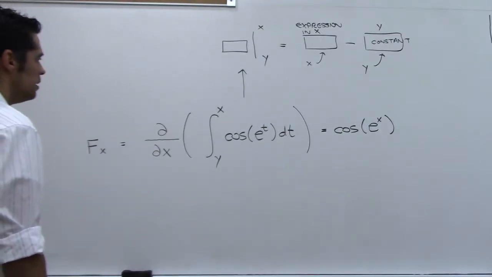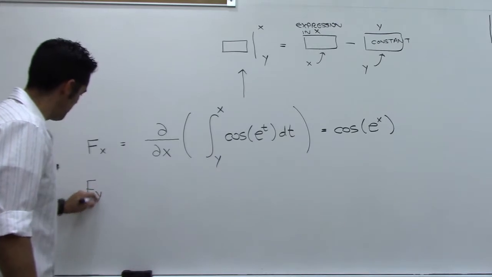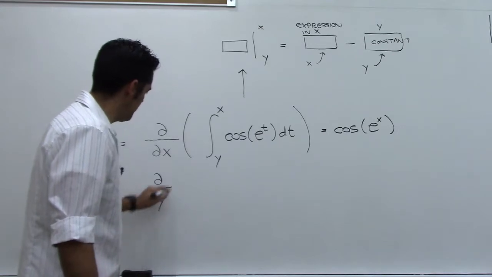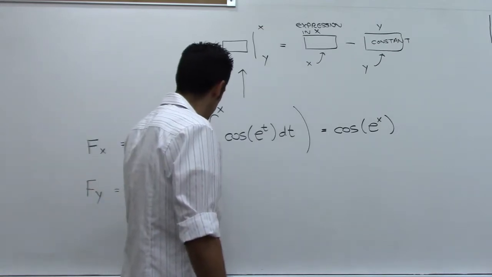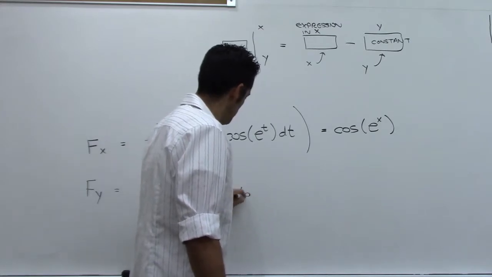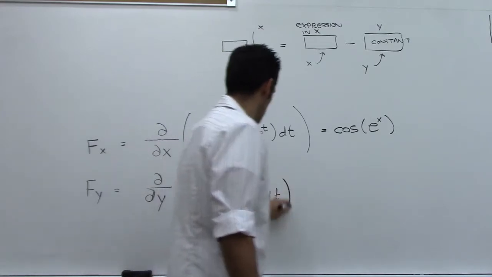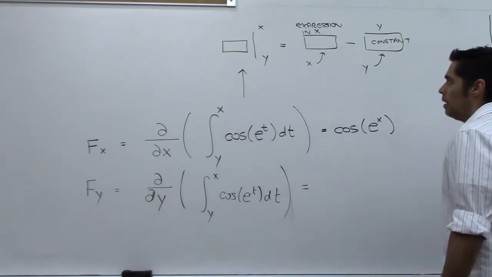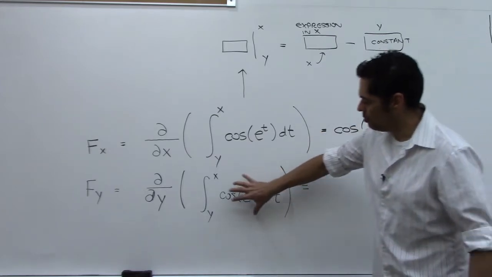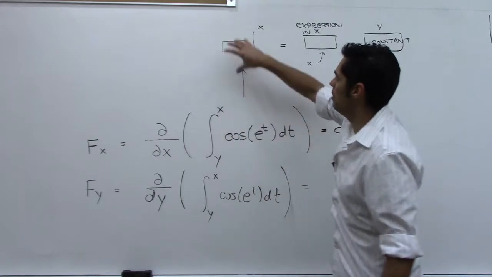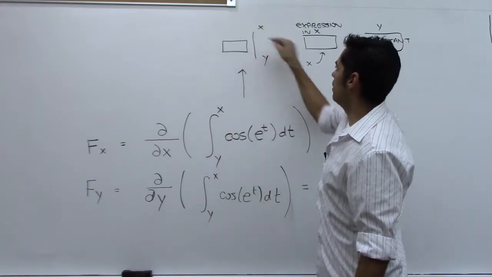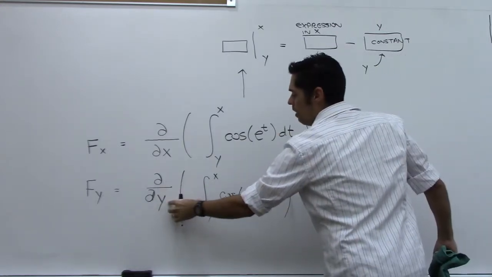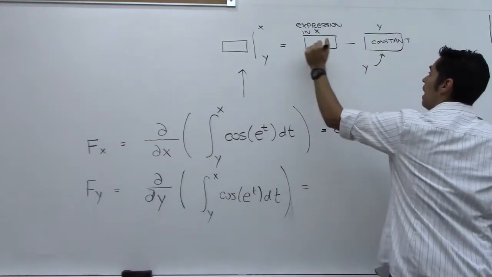Let's try it the other way. Let's do the partial with respect to y of this integral, same exact setup. Let me go back up here. What we would do is find the antiderivative of this. The antiderivative of this would be this box, whatever it is. We plug in x, we plug in y, we get this. This time, it's going to be reversed because we're doing the partial with respect to y. y is the variable, x is a constant. When we plug x in, this will be a constant,